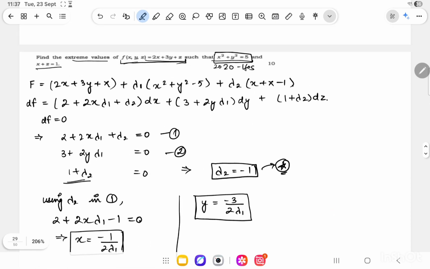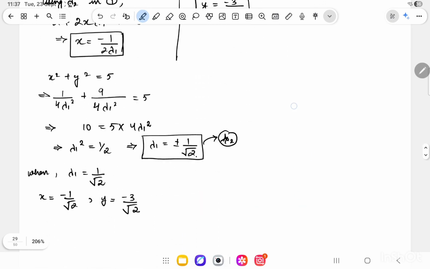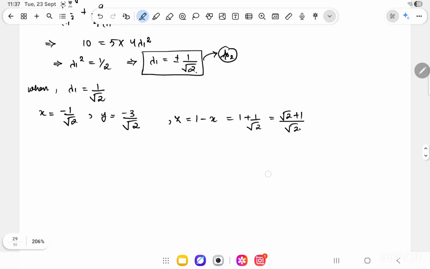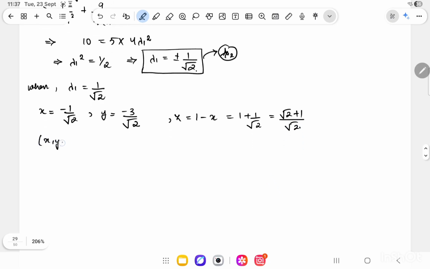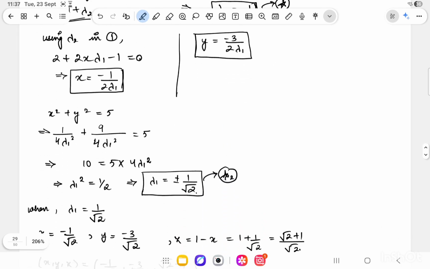And we have a relation between x and z as well, that is z equals 1 minus x. So from here I'll get z equals 1 minus x, that is 1 plus 1 by root 2. So this gives me root 2 plus 1 by root 2. So I got the point xyz as minus 1 by root 2, minus 3 by root 2 and root 2 plus 1 by root 2. So this is one of the possible points where the function f can achieve extreme values, and